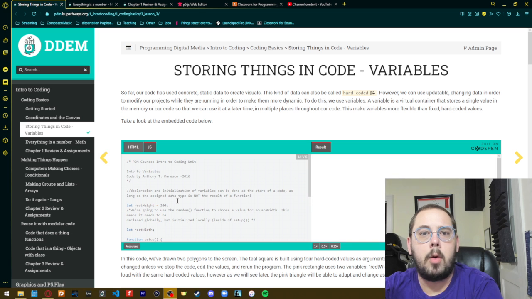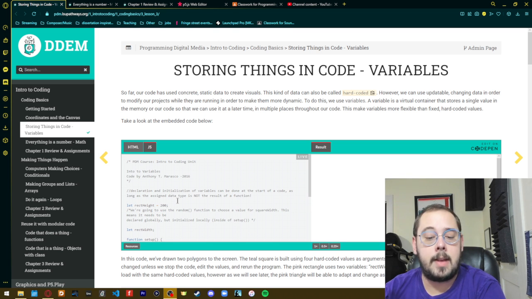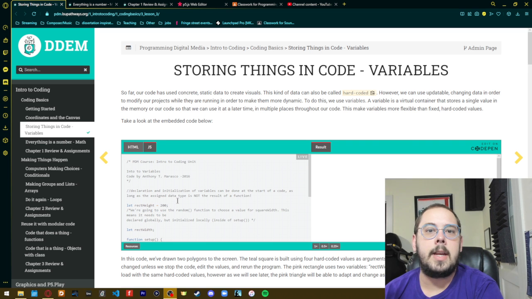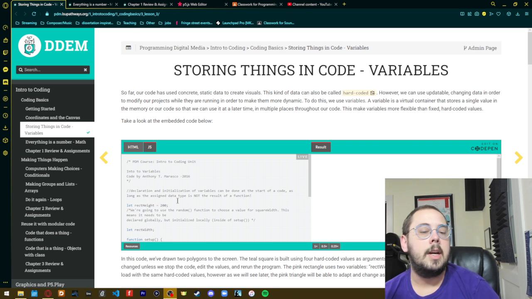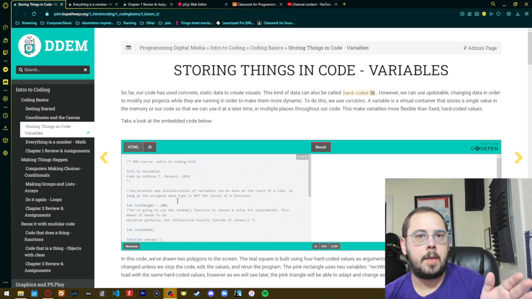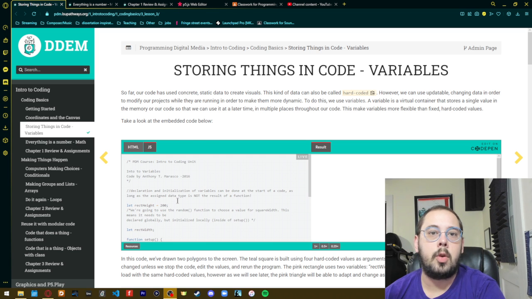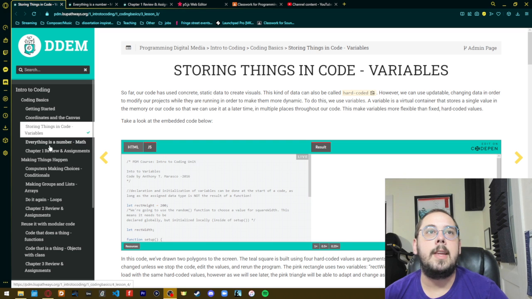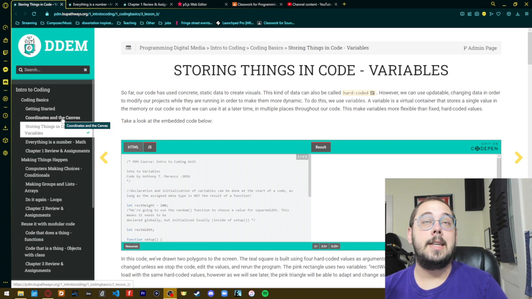This is a very important part of coding in general, and it's very important that everyone understands this concept and how it's used, because this will be used throughout the rest of the year. If you do any coding outside of this class, this concept will stick with you for as long as you're doing computer coding. A lot of things are going to be built off of it later in this unit. So again, this is a very important bit of material. I'm going to be going through these two lessons right here on variables and math today,